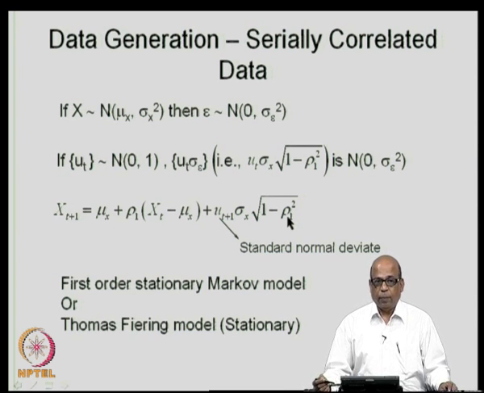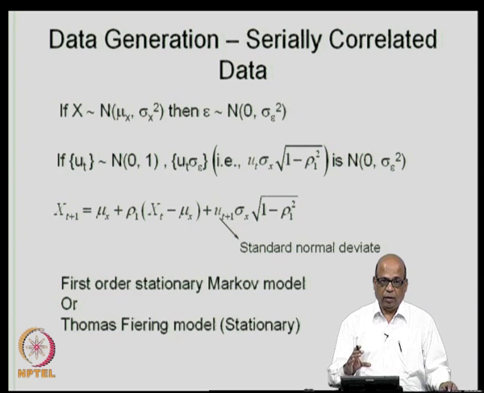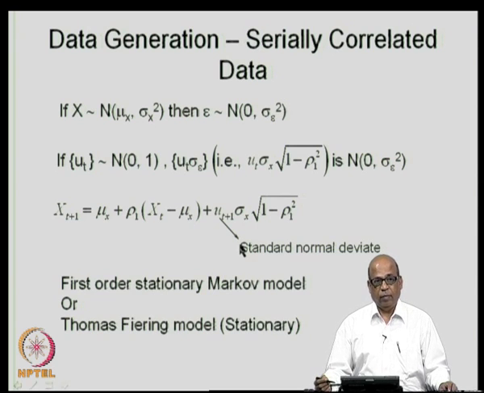The first order Markov model is very popular in hydrologic data generation, especially when we are talking about annual stream flows. The first order Markov model is straight away used, and annual stream flows, as I mentioned, are very useful in making hydrologic designs. For example, to fix the capacity of the reservoir, you would require annual stream flows, and you generate the data using this particular model and use those generated sequences to make decisions on reservoir capacity and so on.